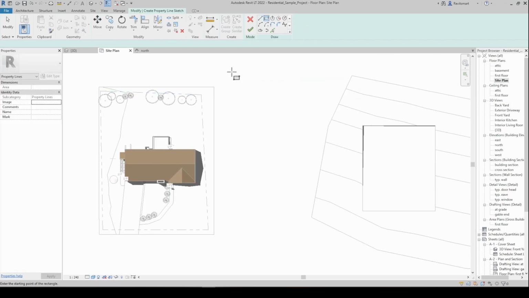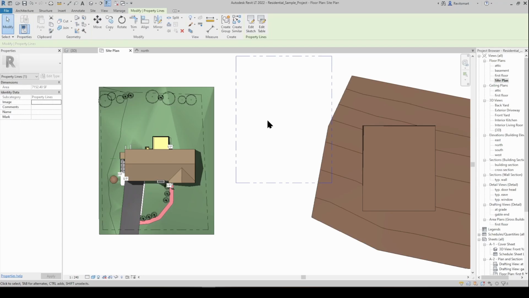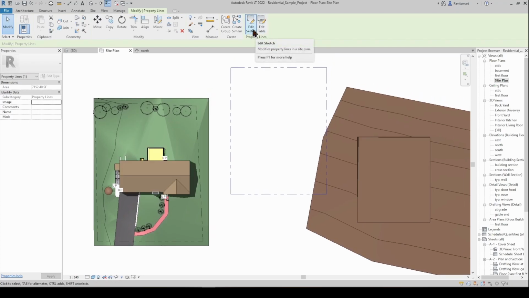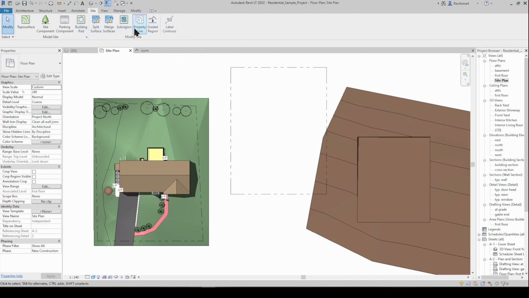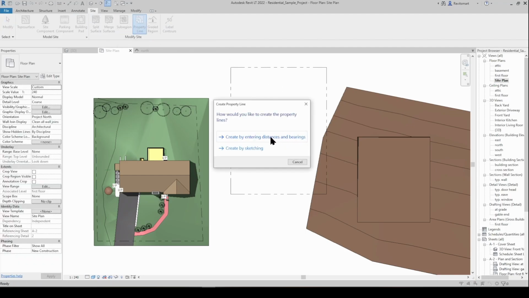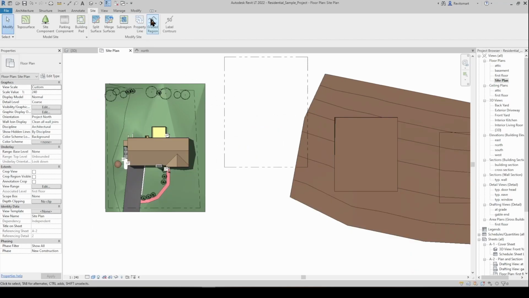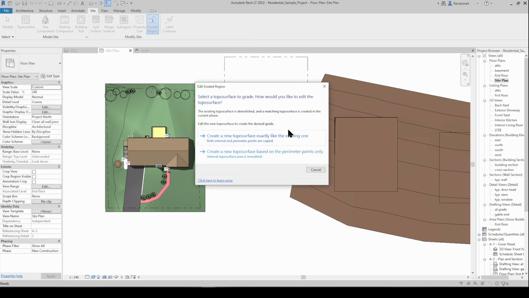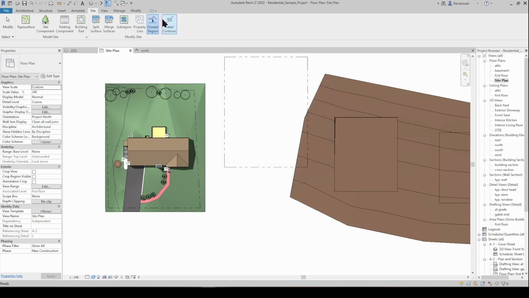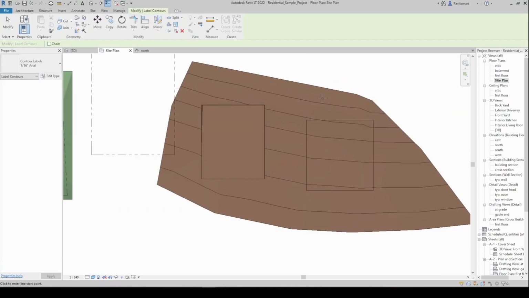If you're going to have to copy it from a registered plan, you are going to need to know how to do it by entering distances and bearings. I'll do a video on this specifically by itself, because this is extremely important to know and it's not particularly intuitive, but create by sketching, anyone can work that out. And as mentioned earlier, graded region is just not a great tool. I have a better way of doing it, which doesn't involve the graded region tool, but yeah, stay tuned for that. And finally, label contours is